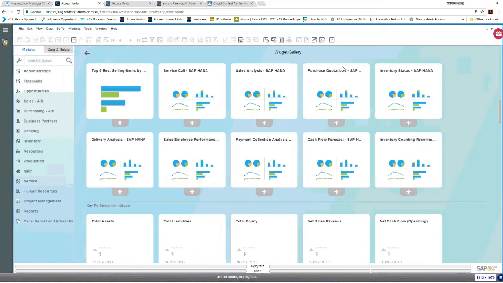That's an important point to note. So that was point number one. Point number two is that from a technology perspective, if you want to keep up with the latest technology, then HANA is where you need to be.